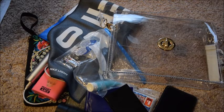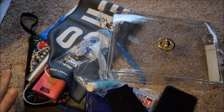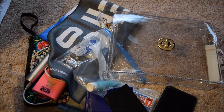But it fits, and that's all that matters. So definitely check your venue first before you buy a bag. If you don't have a bag yet, check the venue, make sure you get the right kind of bag. Make sure you're not bringing in any items that aren't allowed. As far as I'm aware, all of these things are fine because at Rose Bowl it didn't cause me any problems, and I didn't bring anything open or anything that was...